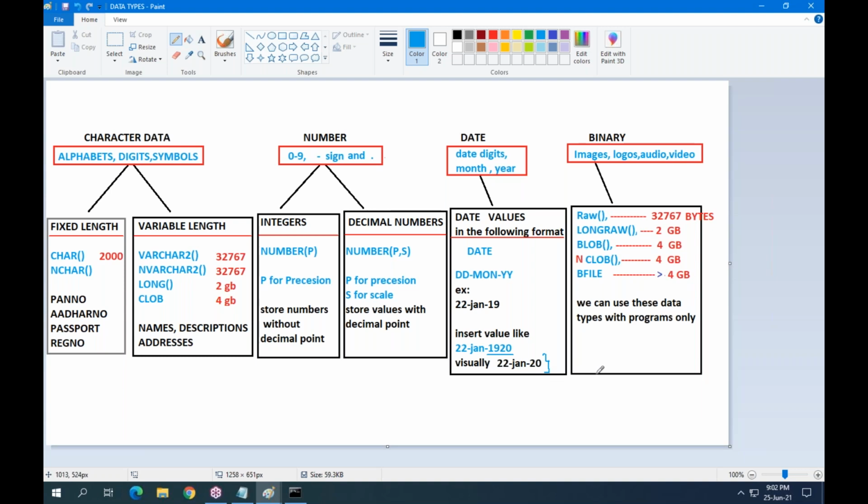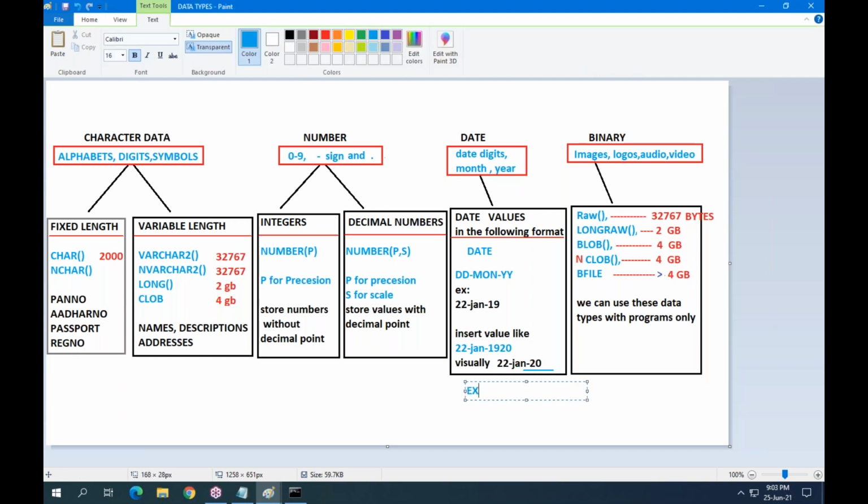Immediately you may have a doubt: sir, can I see the complete year number? By default it is displaying like this, but I want to see the complete year number. Can I see it? Yes, by using the function extract, you can see the complete year number.